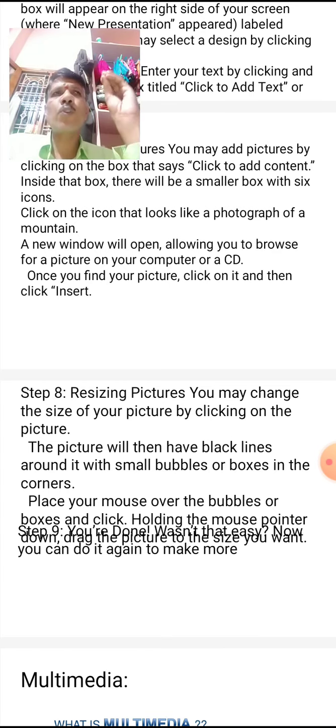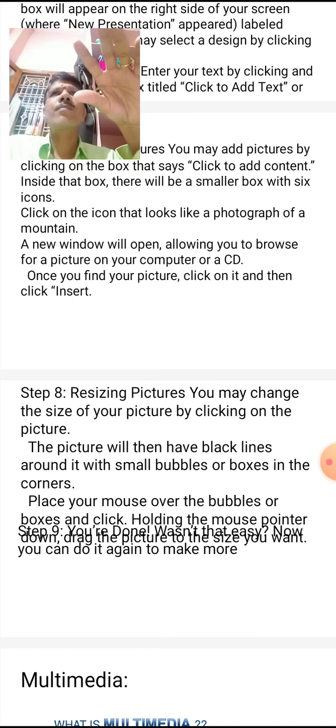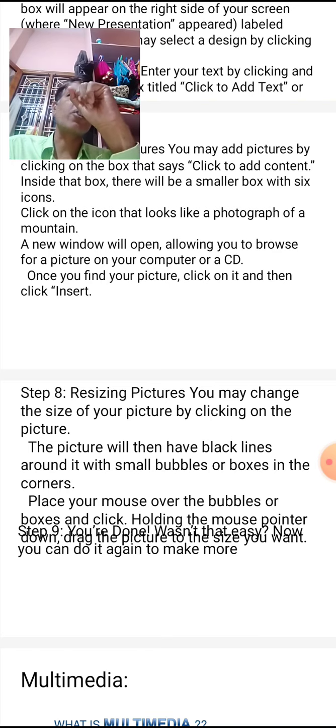Just go through the slides, go through the instructions. Just now I said such instructions should be followed, or in practice with PowerPoint, the user can create a presentation easily.